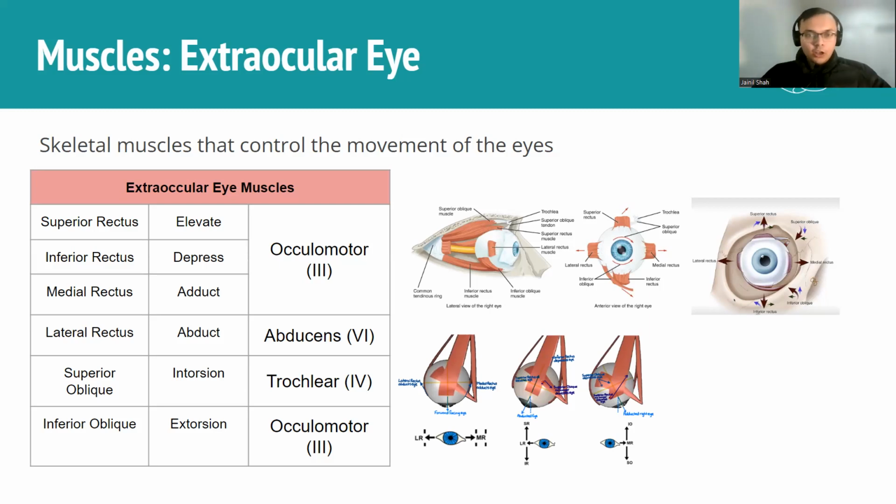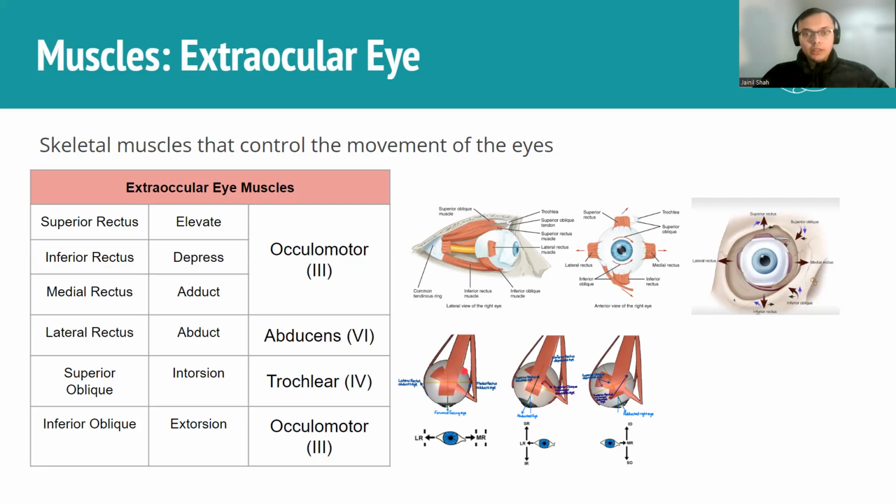So that's a bit of a complicated concept to understand, but I found this really nice video online that I labeled so that it makes a bit more sense. You can see how the superior oblique muscle actually connects to this portion of bone called the trochlea, and then comes back to connect to the back of the eye. So then it's able to pull on the eye and make it